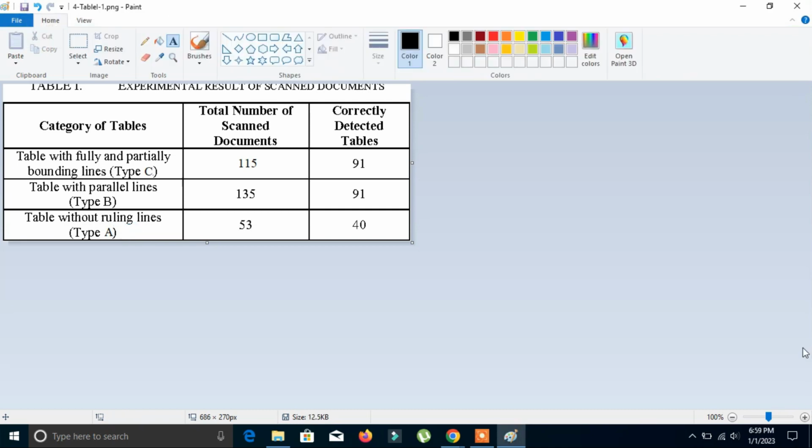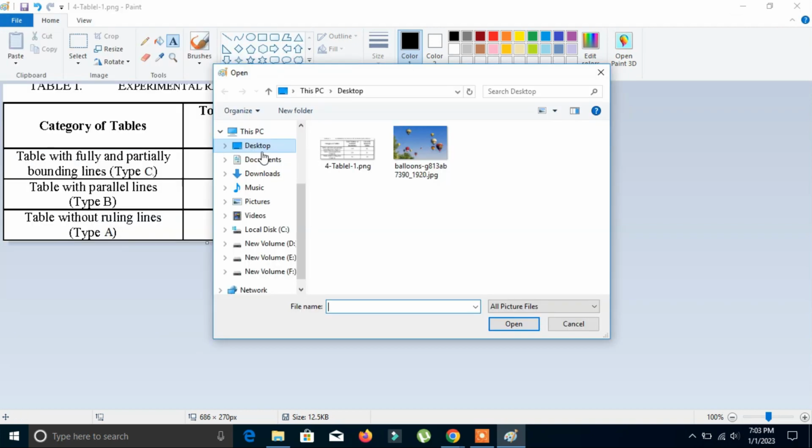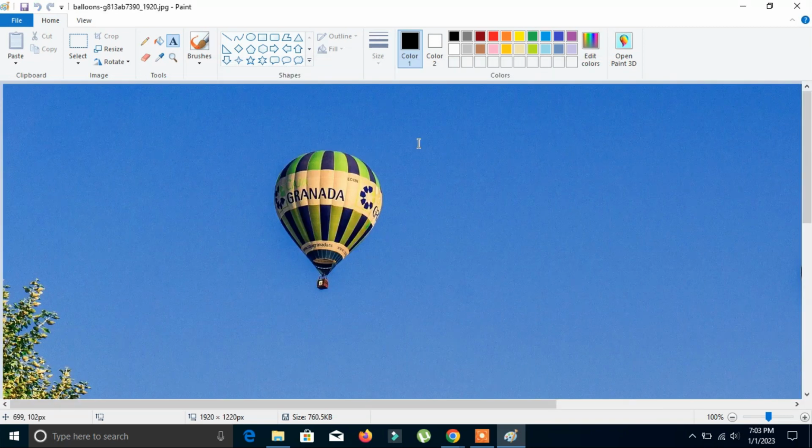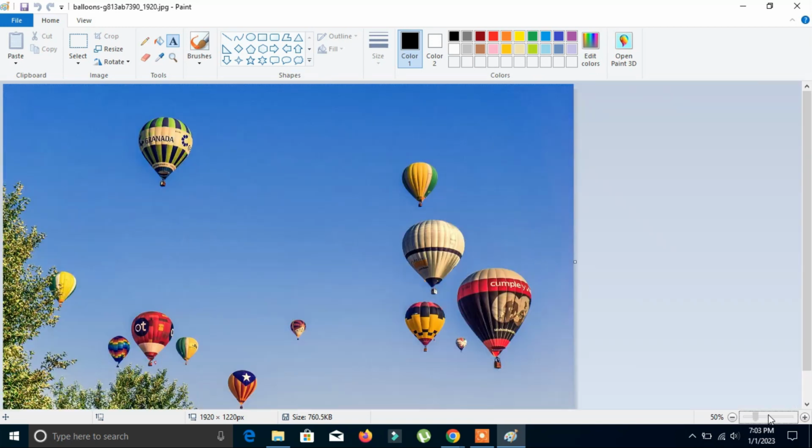Now for example if you have photos and you want to edit them as well, you can also edit photos. Now I will edit photo, one of the photo here. Now click here file and open, and in desktop I have one more photo, that is open it and zoom out a little bit. Now for example if you want to delete this one balloon here in the sky,